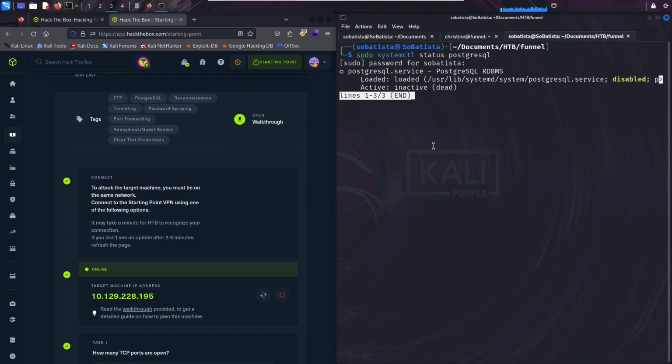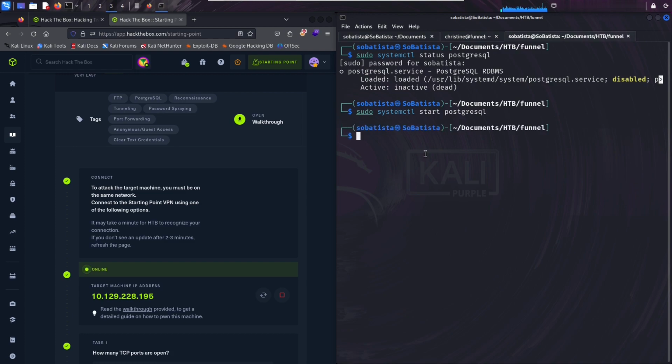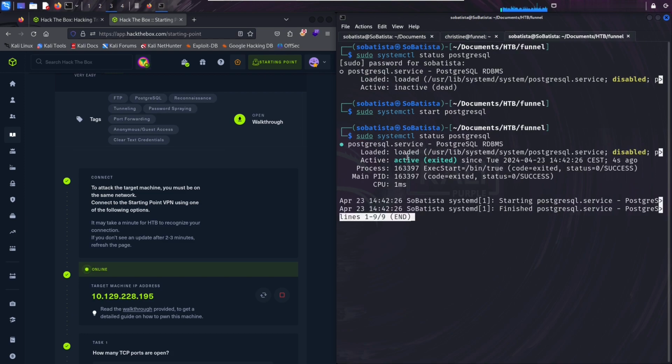To do that, we just need to use the following command: sudo systemctl start PostgreSQL. You click Enter, and now if you run the command status, you will see that our PostgreSQL is active. So now we can connect to PostgreSQL with the command